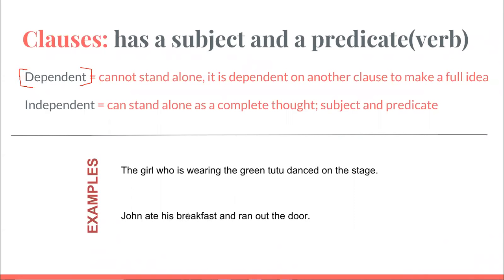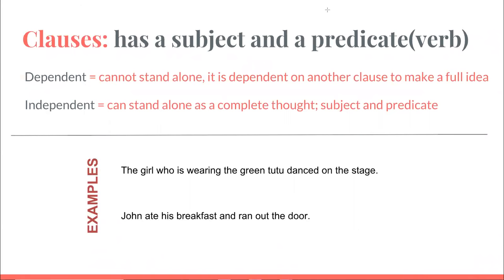So let's look down here. I'm going to give you an example, but on the next slide, I want to show you a question, because one of the things I get asked a lot is, how do we decide if it's dependent? Now, you can look at something and go, well, there's a subject predicate. Does that group of words make a complete thought? But there are actually some very special words, and they are called,